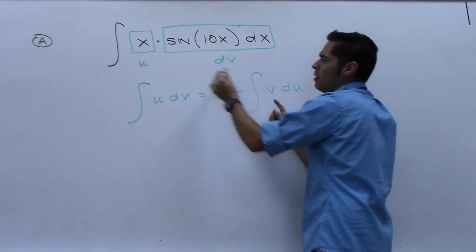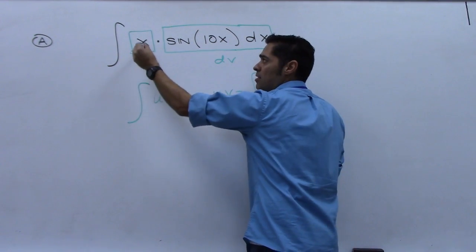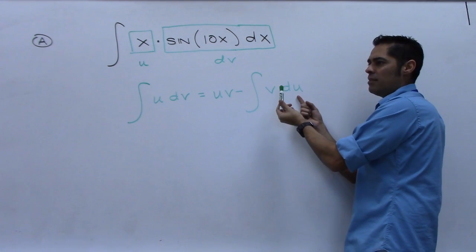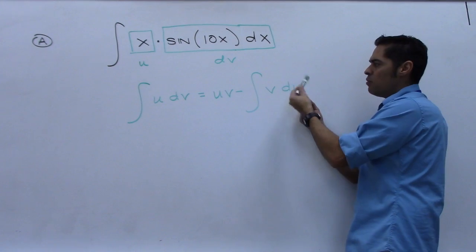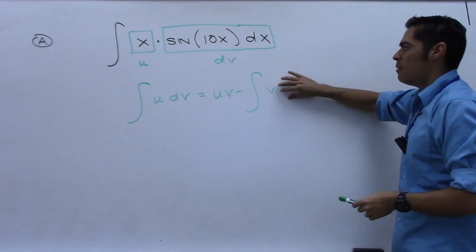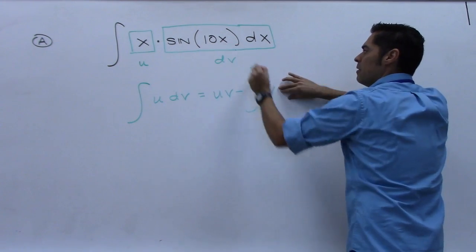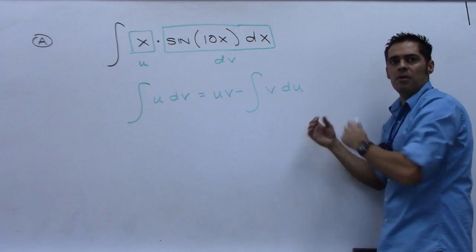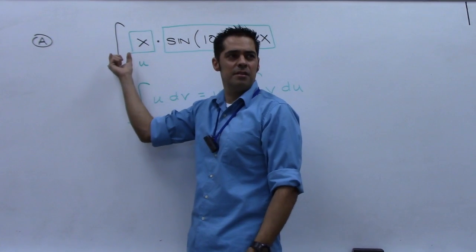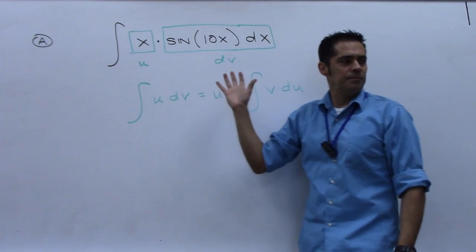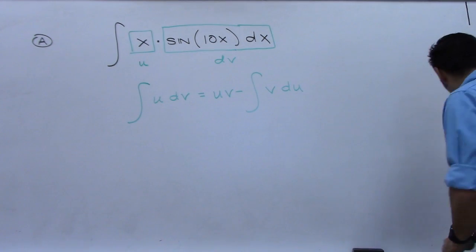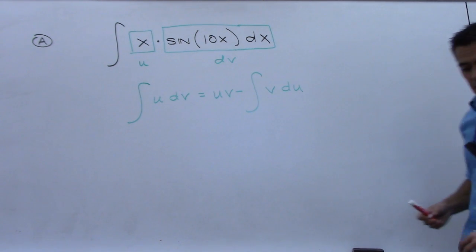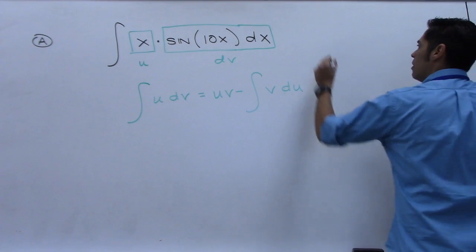Okay? And then whatever we choose for the u, in this case would be the x, over here it would become what? 1. Ooh, that's nice, right? Because if it's a 1, then really the only thing that would be left there would be what? The antiderivative of that. So I would have a cosine function over here, but I would no longer have this x out in the front. Do you see that good thing? Now, what is another option? Switch it. So this is option 1, which I like. Option 2 would be